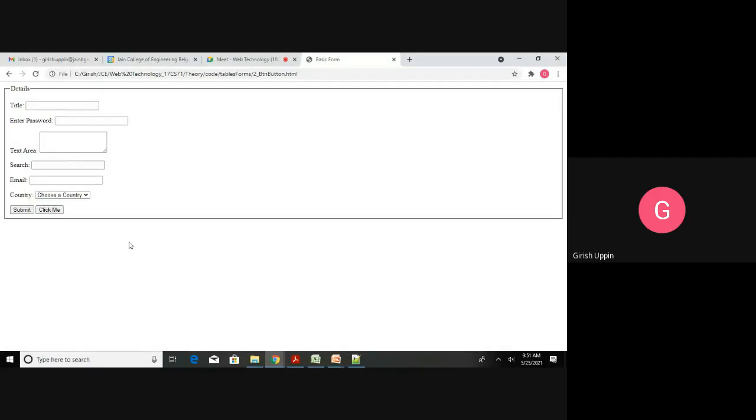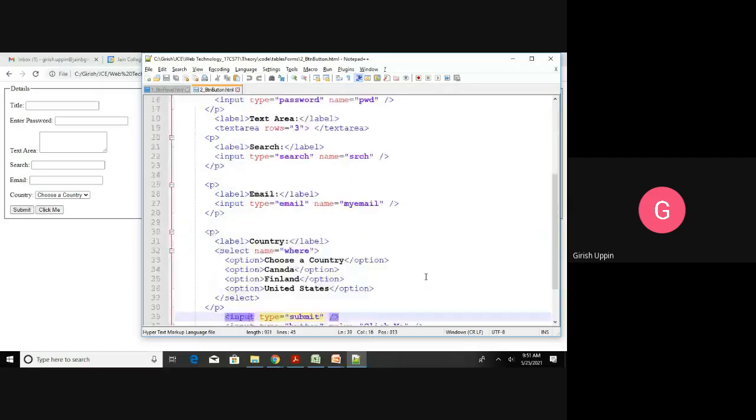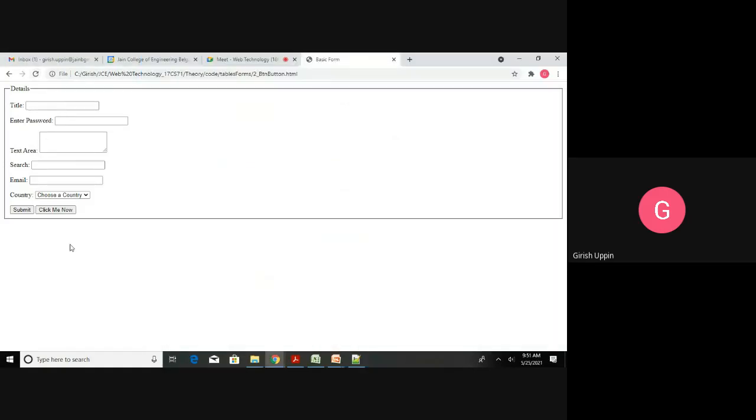Now you can see click me, and that is done using input type is equal to button, value is click me. Suppose you want to change that, save it and reload the page. By default, it takes the size of the content, so if you give more text, the size of that button will automatically increase.